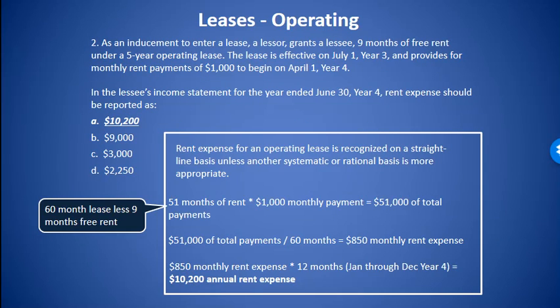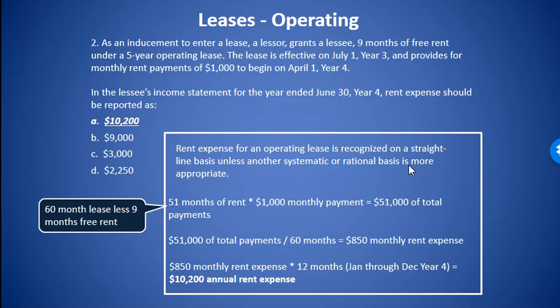Okay, the answer to number 2. In the lessee's income statement for the year ended June 30th, year 4, rent expense should be reported as, in this case, A, $10,200. Now, our rent expense for operating leases should be recognized on a straight line basis unless there's a compelling reason for another systematic or rational allocation